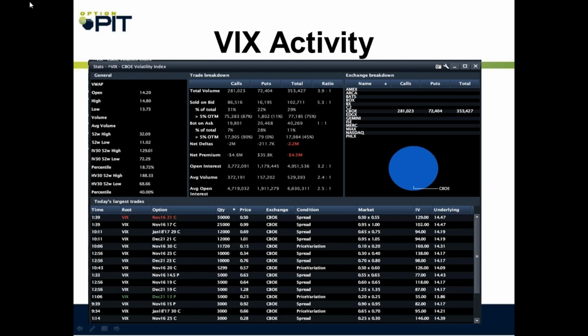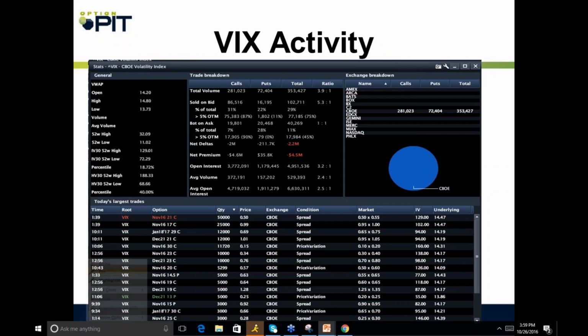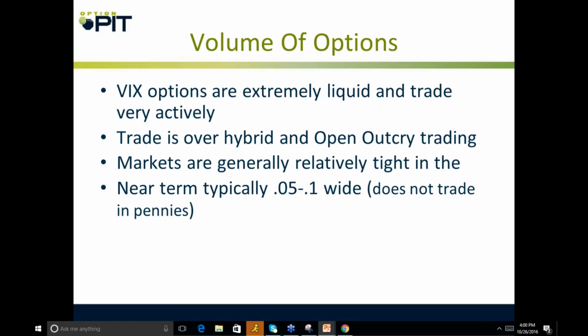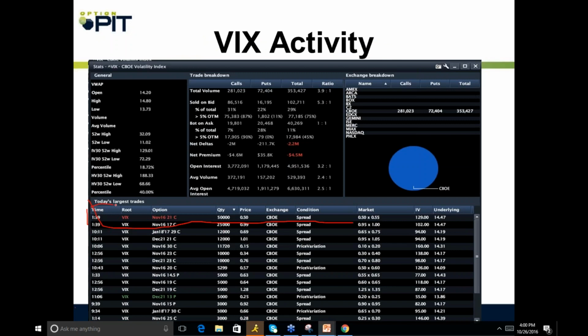So take a look here, and here's a trade. I'm going to actually show you what this guy was doing. This 139. Let me erase that. So this trade, I'm actually going to show you what this guy was doing. All right, but you can see this thing trades in bulk for size. Massively for size. This is a slow day today, and it traded 350,000 contracts at that point.